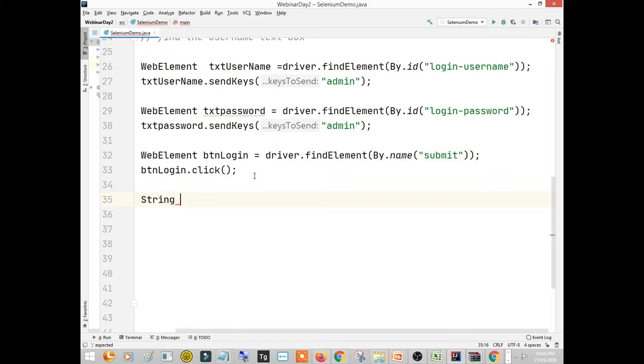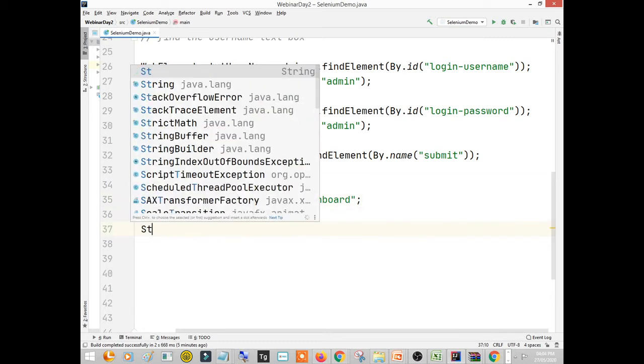So let's say string expected. This is my text. Generally we store the text in string variables. So string expected is this, right? I should check what is the string actual.